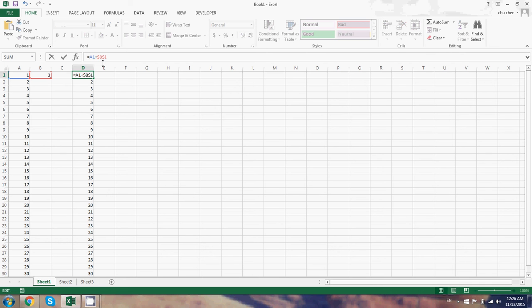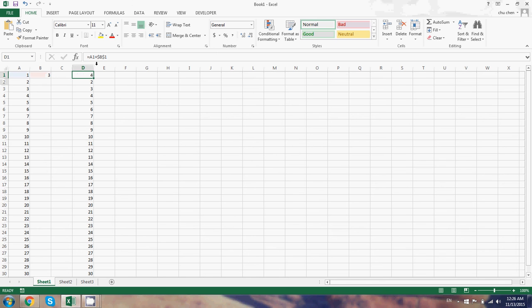The meaning of that is, the dollar sign before B means you fix column B, and the dollar sign before 1 means you fix row 1. You could try that at home and see what happens if you just fix one of them. For example, you just put a dollar sign before B and do not put a dollar sign before 1, then copy the formula all the way down and all the way across, and see what happens. But right now, since we just want to fix the cell B1,